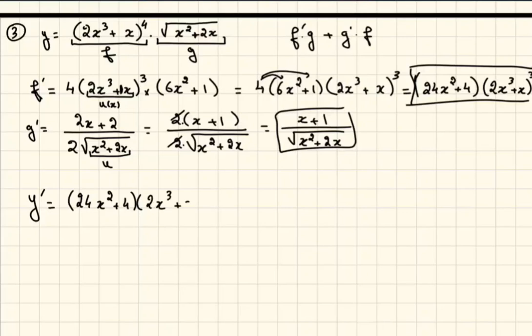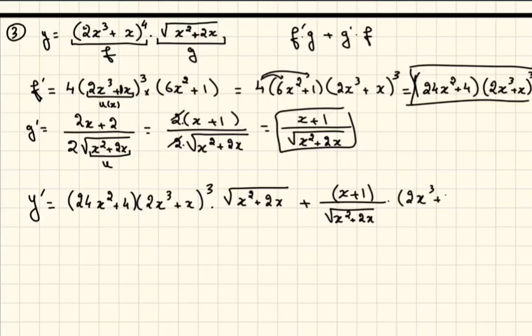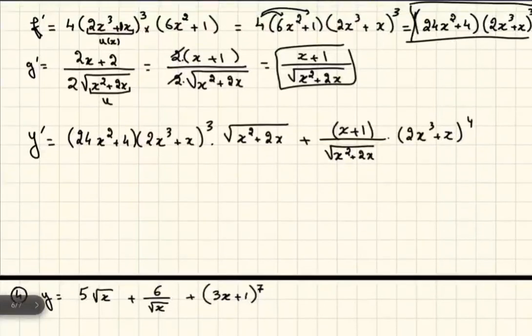this is the f prime, times g, which is radical of x squared plus 2x, plus g prime, which is (x plus 1) over radical x squared plus 2x, multiplied by f, which is 2x cubed plus x exponent 4. Usually when they ask you about these questions, they will not ask you to simplify. But if you want to simplify,